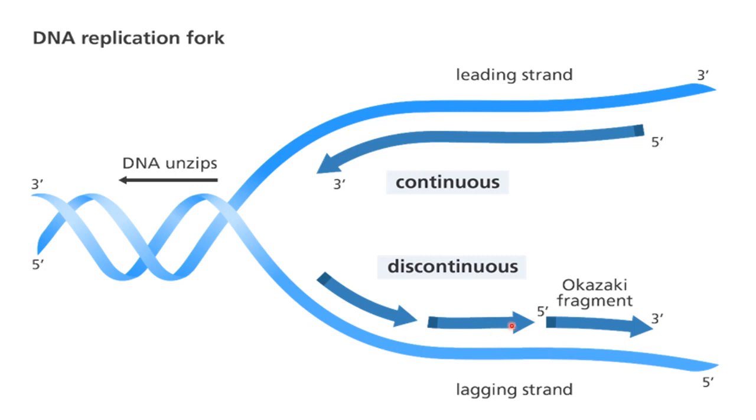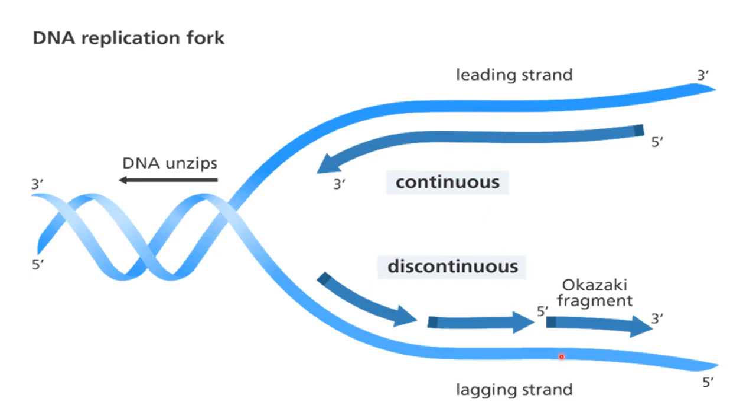Only a small segment of DNA gets separated at one time, and replication starts simultaneously. When a small segment of DNA gets separated, primers are added here. This dark blue colored portion is showing the primer. The primer gets attached here and DNA polymerase starts its action. As you know, DNA polymerase can act only in one direction, the 5' to 3' direction. So along with the leading strand, DNA polymerase starts acting in this direction and will form a continuous strand in the 5' to 3' direction.